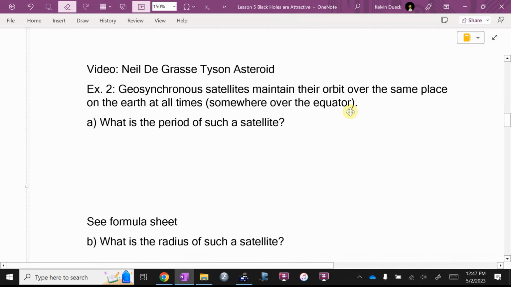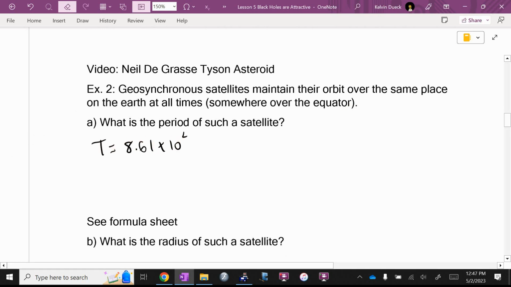Example 2, geosynchronous satellites maintain their orbit over the same place on the Earth at all times, usually somewhere over the equator. What's the period of such a satellite? We talked about this. I showed you the video. Earth does not have a period of 24 hours. That's a lie. It's from your formula sheet. The period is